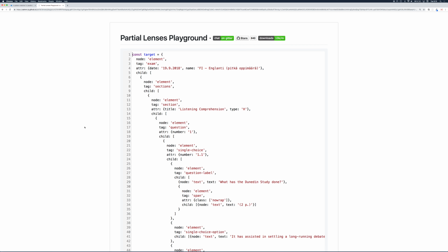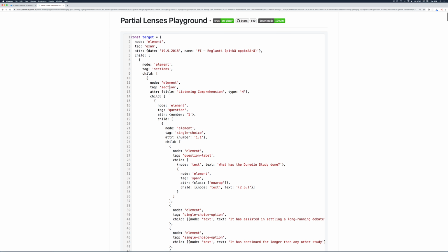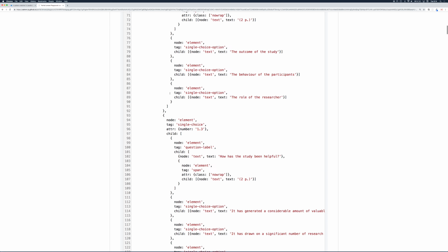Here's the more interesting example. Here's a more complex structure, which is actually XML, which is transformed to JSON. So you can see that there are nodes with some element type, and they have this tag type also, and also children. So this is basically XML as JSON, and as you can see, it's quite